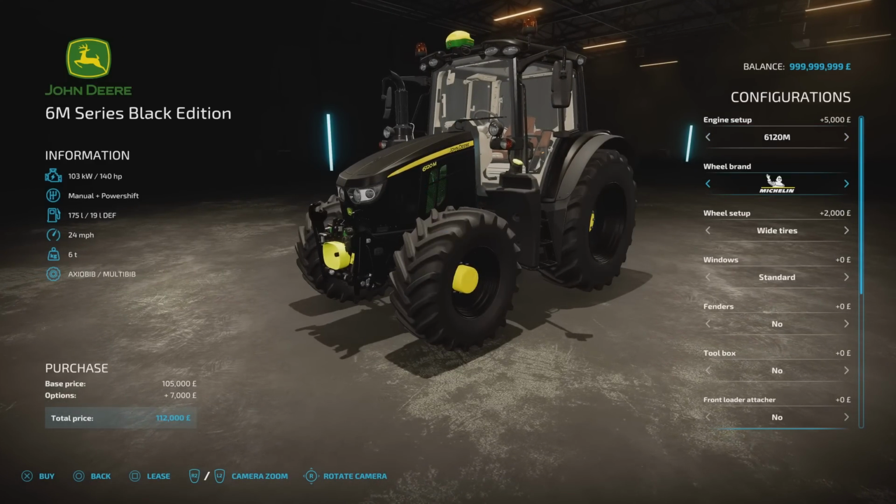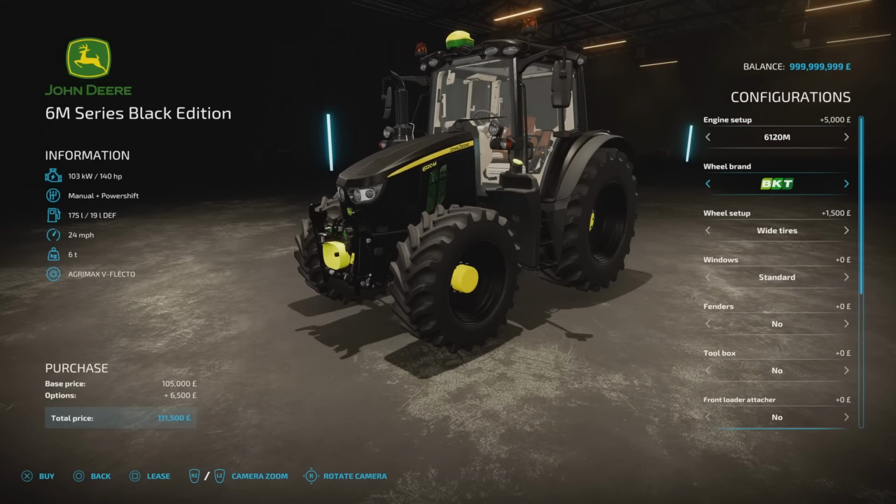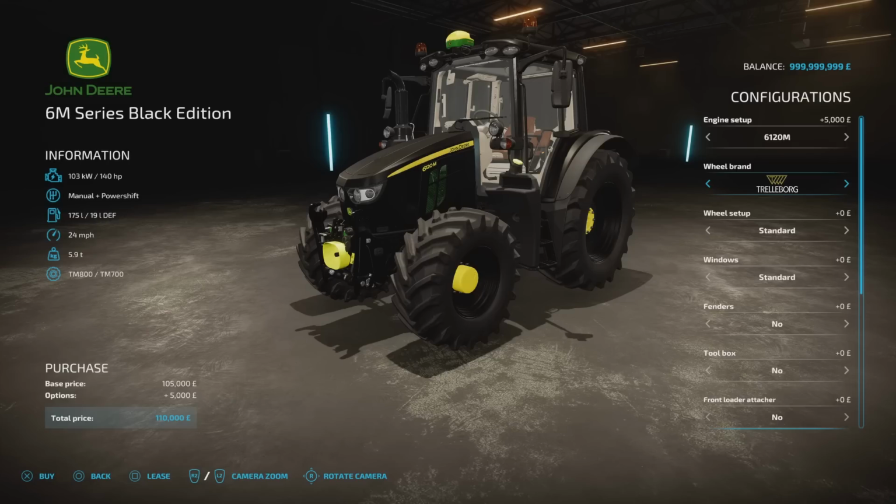We've got the options Trelleborg, Michelin, Continental, Mitas, BKT, Vredestein, Nokian, and back. Under Nokian, it's just that tyre choice. Back to Trelleborg then, we've got